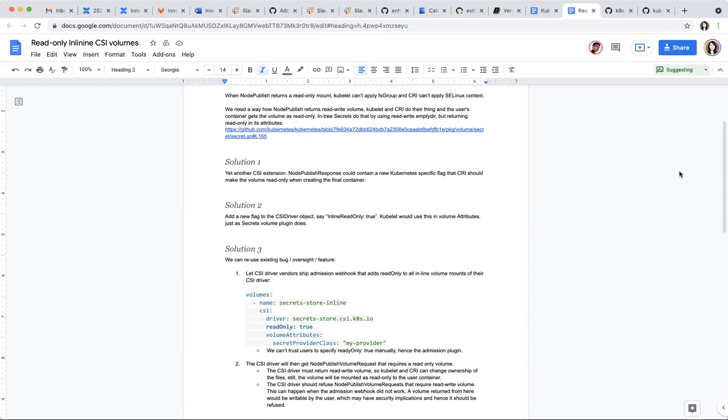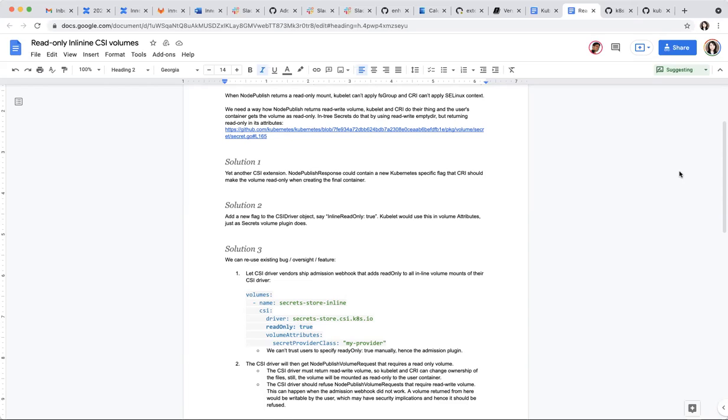Kubernetes applies FS group as usual because it's a writable volume. Kubernetes gives the volume to the container runtime with the read-only flag. But before the container runtime starts the pod and the container, it applies the Linux context, and in the end, it bind mounts the volume to the pod as read-only.